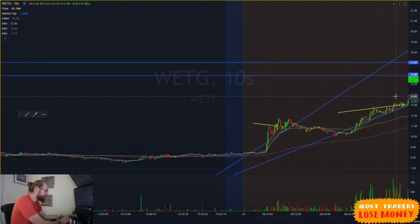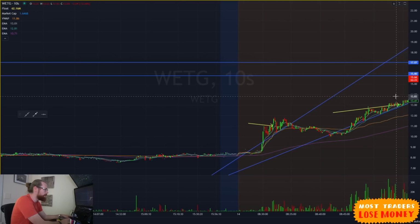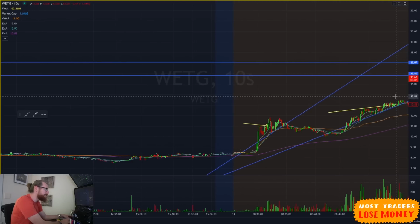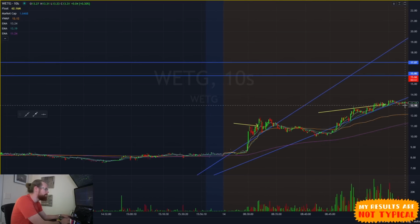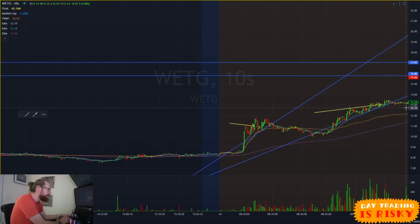So it goes a little higher here, up to 13.45. Hits a little resistance at the 50 cents, and it drops down. And at this point, I kind of thought, all right, maybe this is done. It dips down here, and I did start looking for dips. So this was at